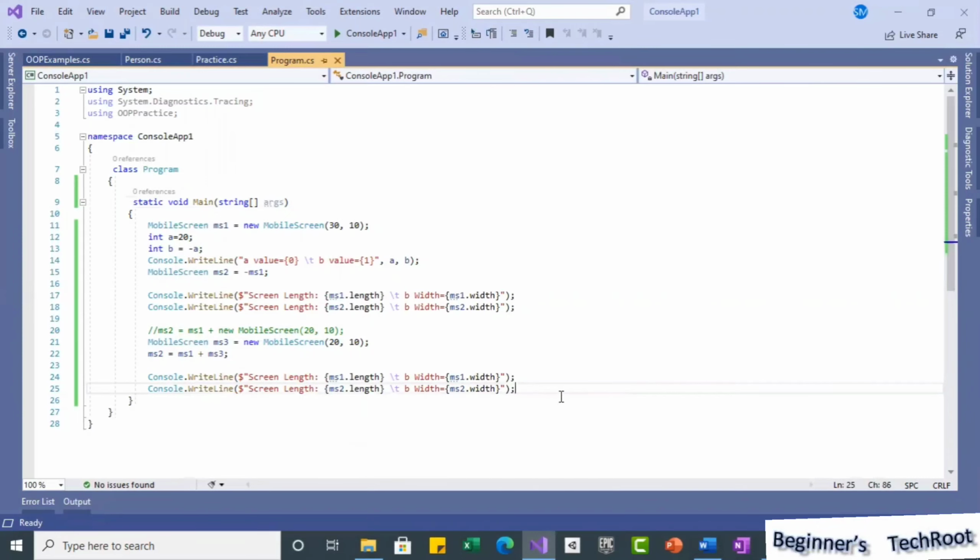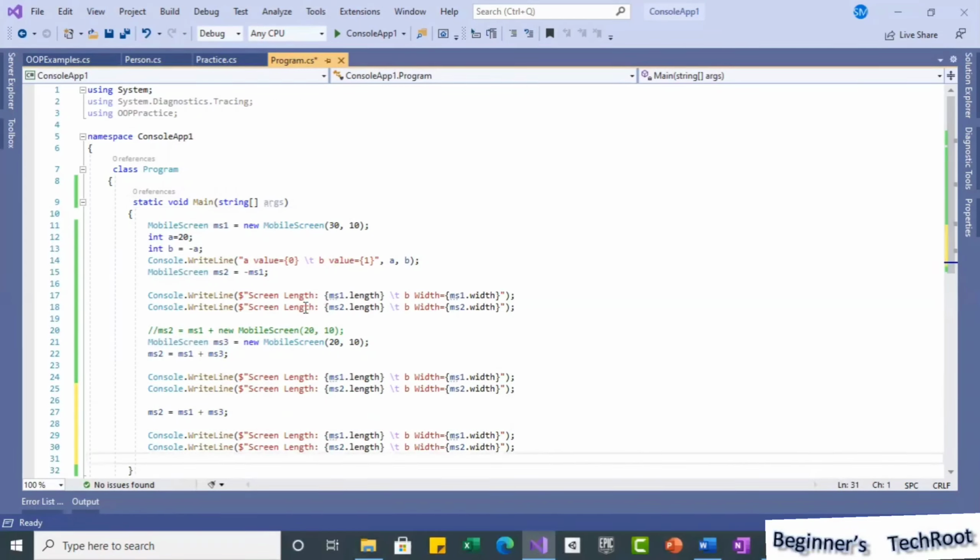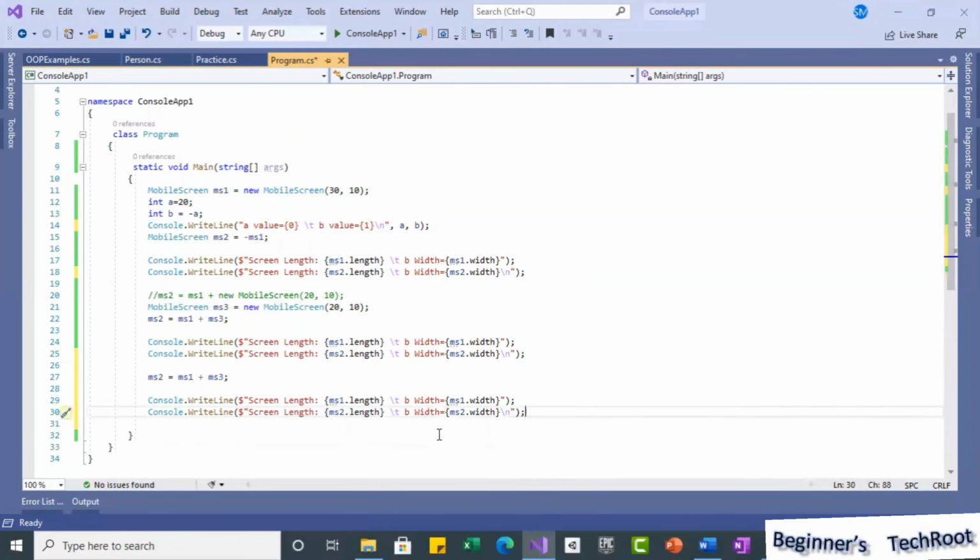Now I have the same; what I will do is copy all these three statements once again. To give you a clear indication, I will use a new line at the end of each line, so that here also a new line, here also a new line, and here also a new line, so that for each two lines we get a break.